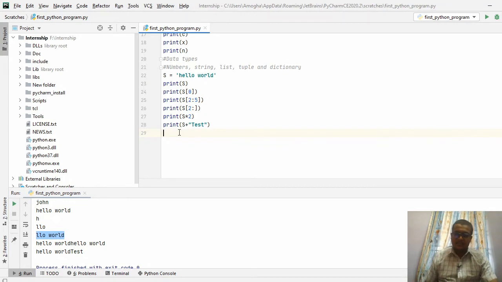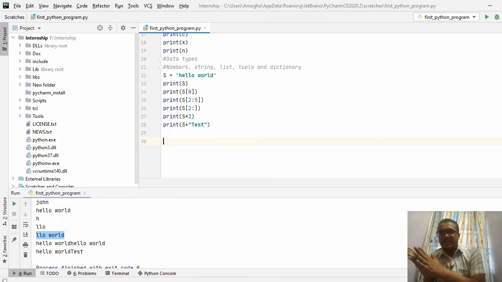So let me have a simple program to show how to declare a variable using a list. Again we have a left hand side and a right hand side. As we have seen in the rules, at the right hand side you need to have square brackets and the data should be separated with commas.